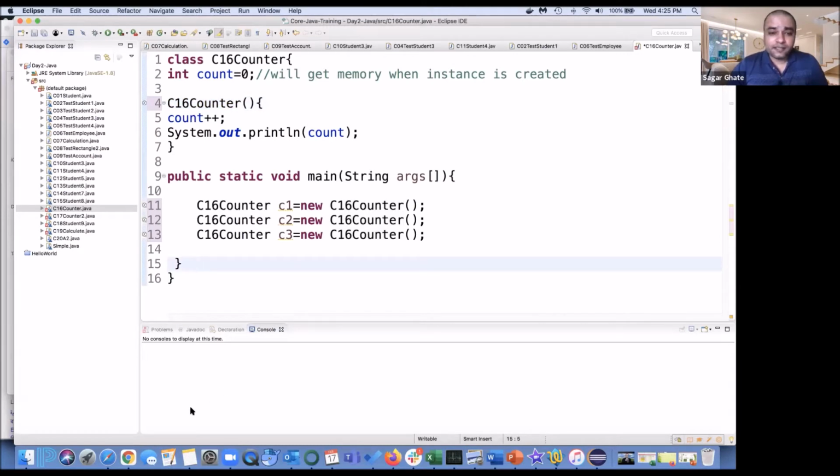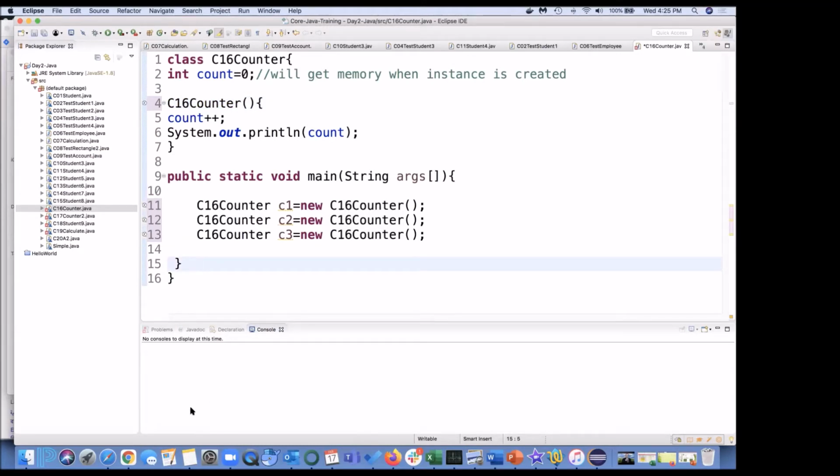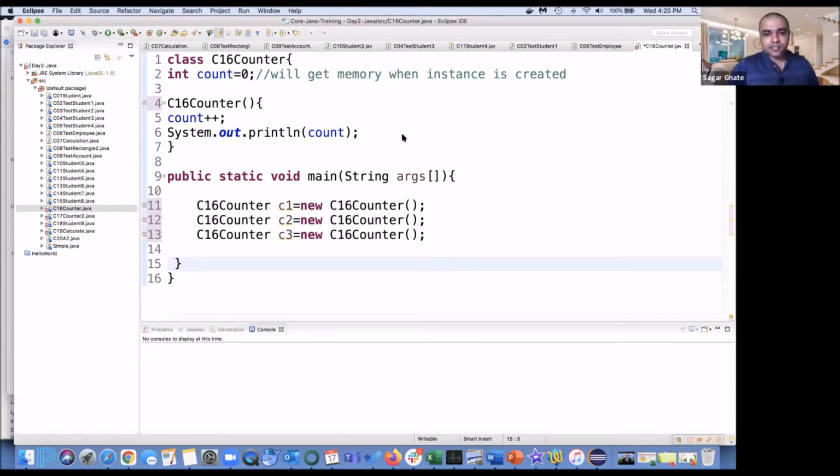Try guessing. Okay, Jairaj is saying 3. Any other different answer? Lakshmi is also saying 3.